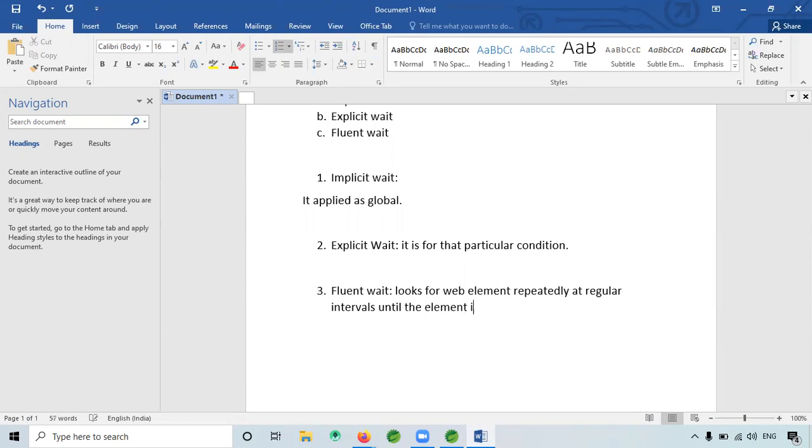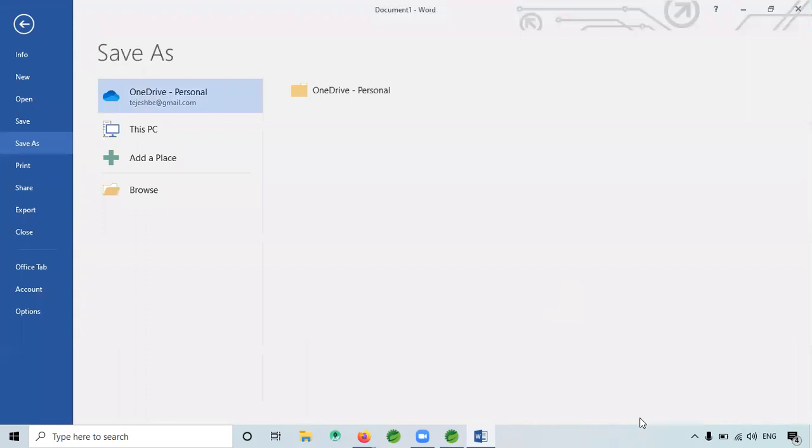If the element is not found at any of these intervals, it will throw the NoSuchElementException.